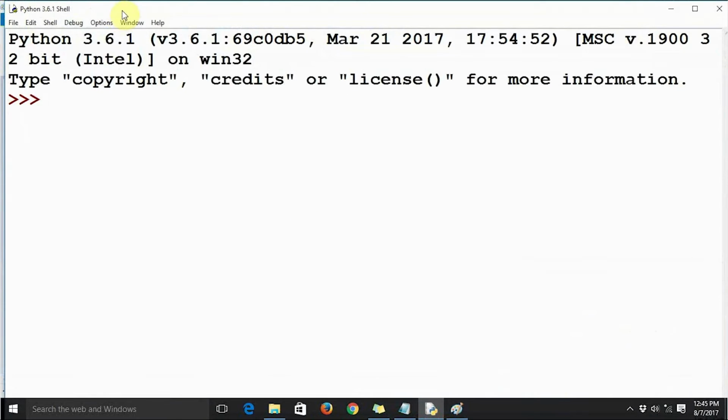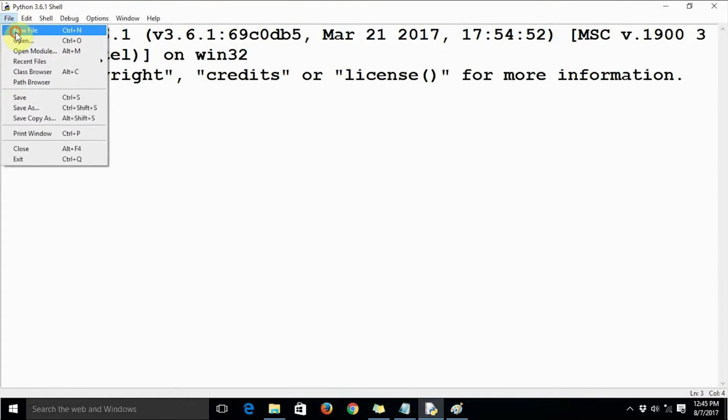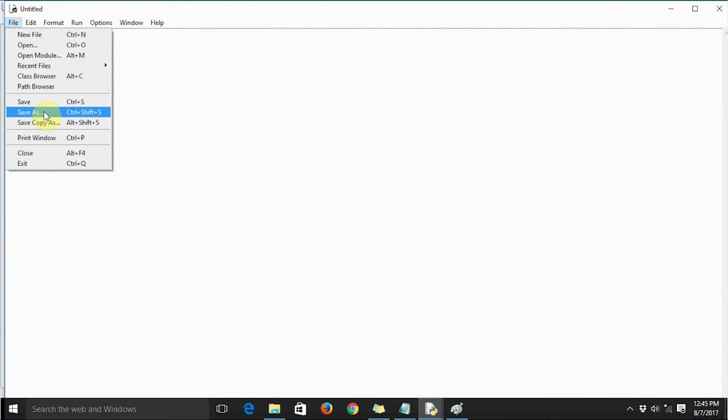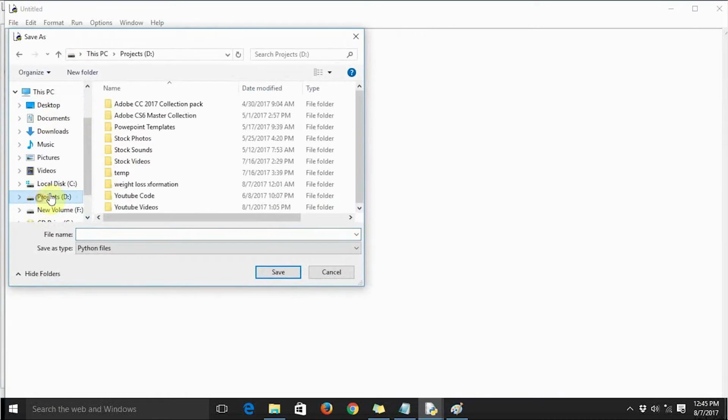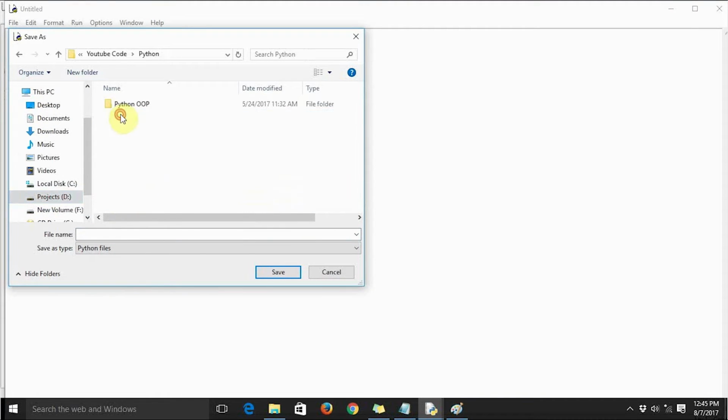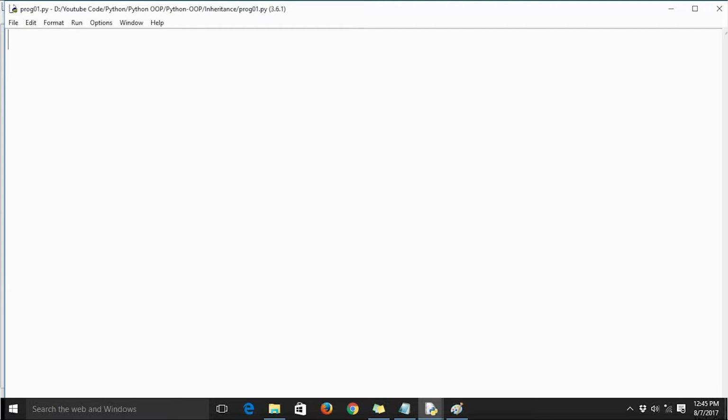Let us open a new program file and save it as prog01. Let's have a simple example of inheritance, very similar to the class A and class B example.